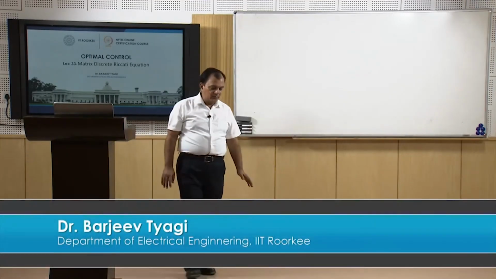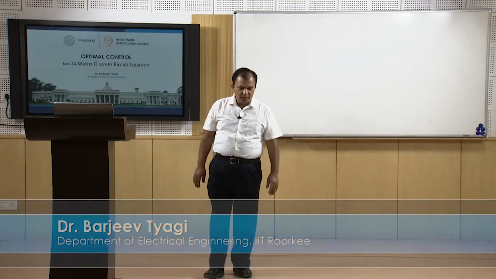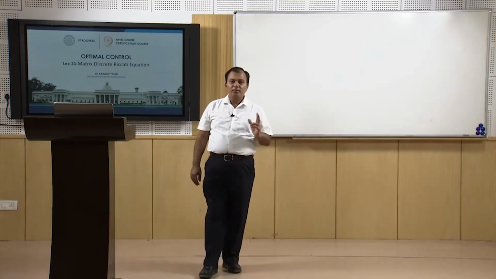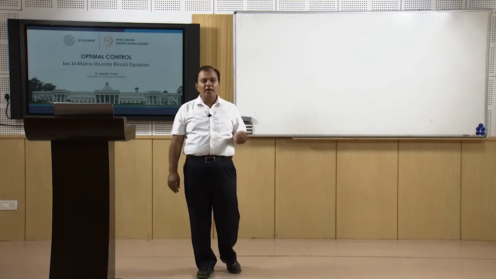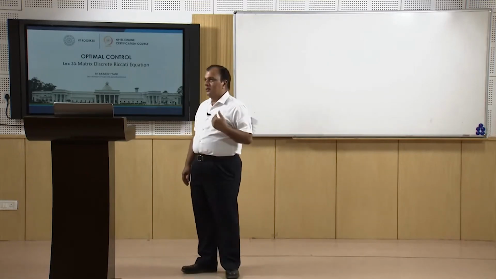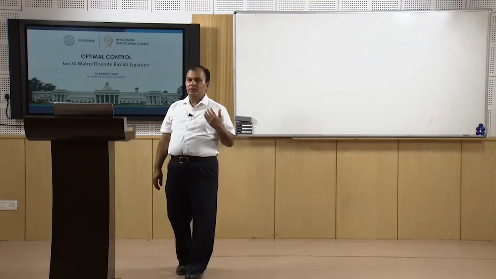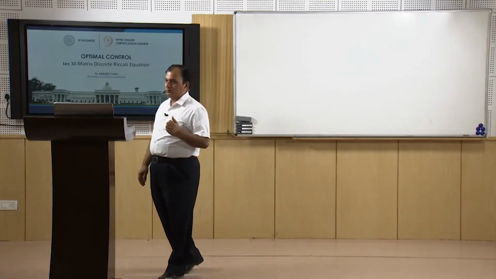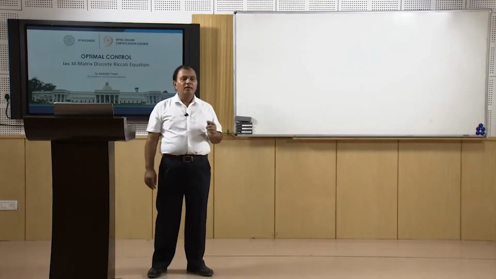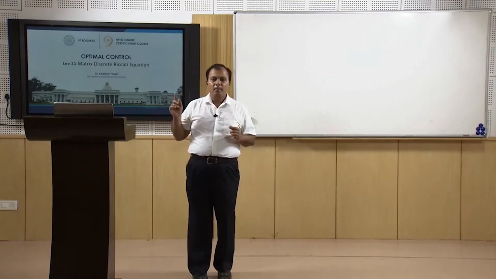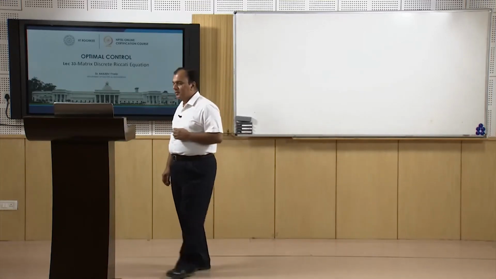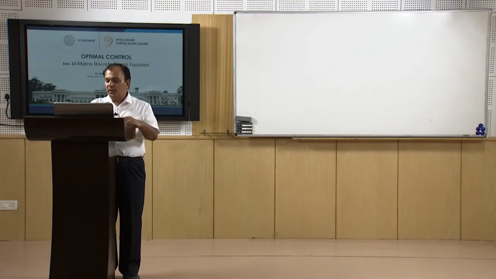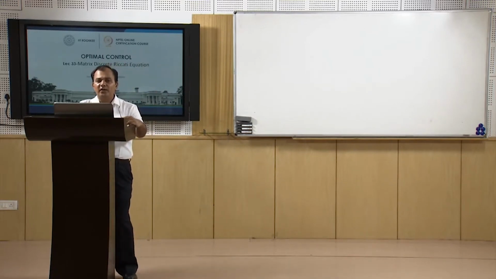In the previous class we were discussing the optimal control of the discrete time system, and we took the case of a linear time varying system. Using the Hamiltonian approach, we developed the optimal control, which is u equals minus R inverse B prime lambda k plus 1, and once we derive the u, we lead to the matrix difference Riccati equation,